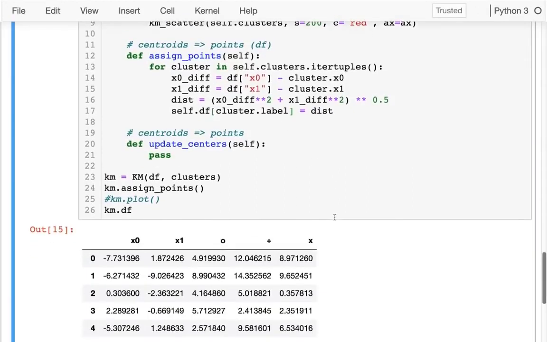And now this is great, right? I can see my x0, my x1, and that's a point, right? And I can say, well, how far is that from the O cluster? How far is it from the plus cluster? How far is it from the X cluster? And it's closest to the O cluster, so that's ultimately what I want this one to be in,